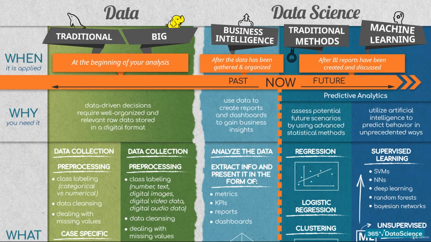You can forecast potential future outcomes. The application of any term related to the column's traditional methods or machine learning can be said to belong to the field of predictive analytics. While the goal of traditional methods and machine learning are essentially the same, and techniques can overlap, there is a difference between the two. Traditional methods relate to traditional data. They were designed prior to the existence of big data, where the technology simply wasn't as advanced as it is today. They involve applying statistical approaches to create predictive models.